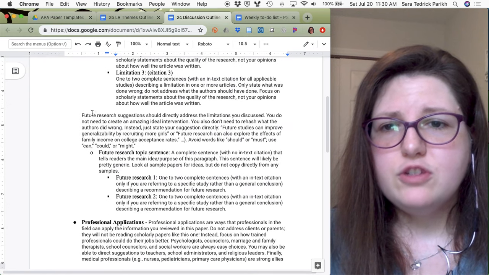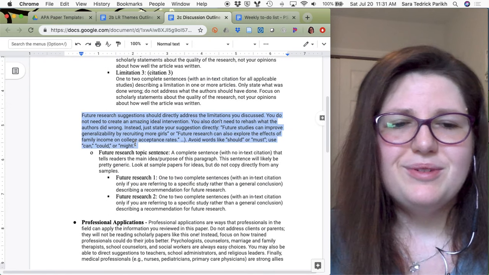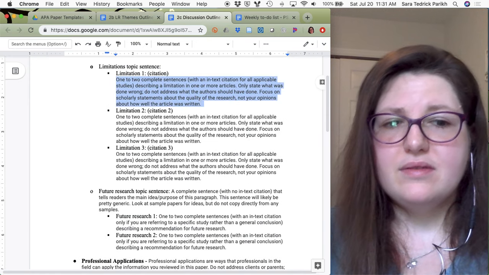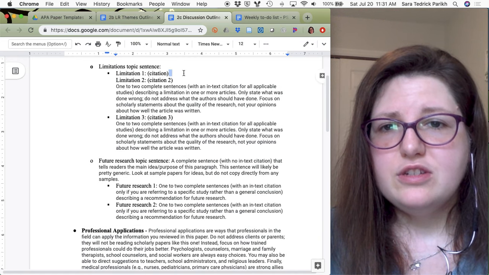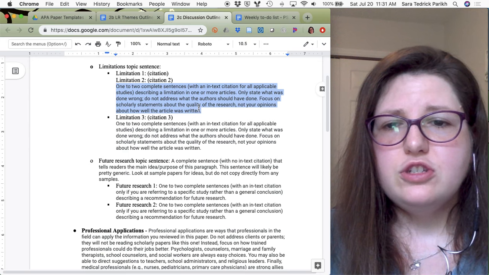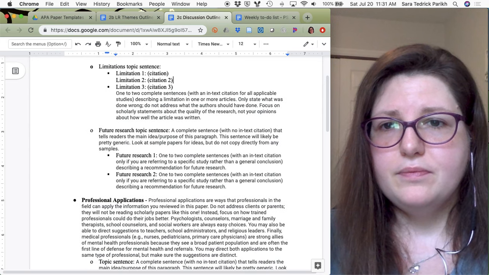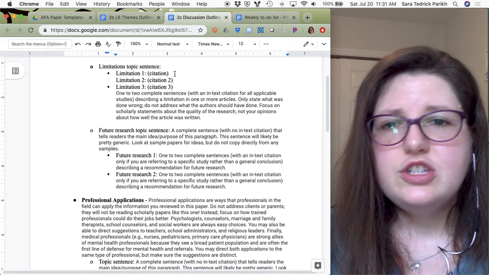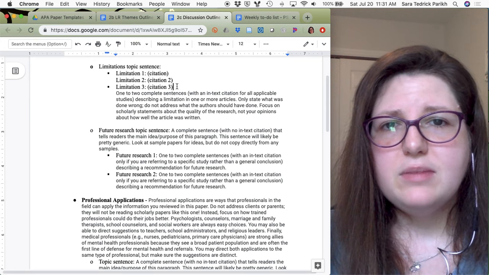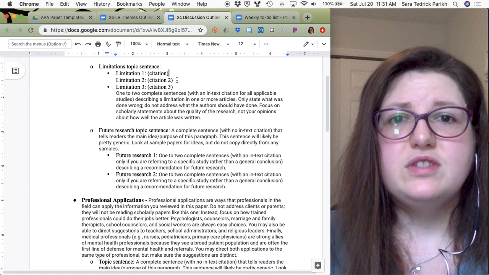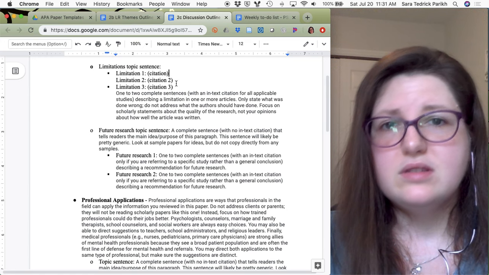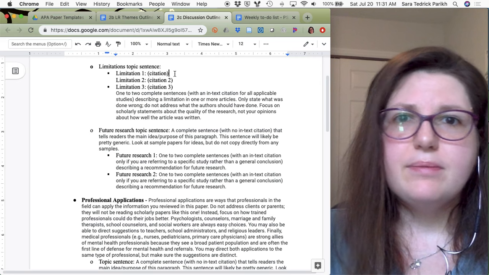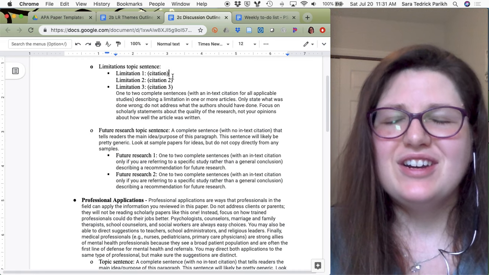So limitations and future research should, there I'm using the word should, I want them to be connected. So you have 3 limitations, and then I only make you do 2 future research. So that's down enough that we can see everything at once. You'll choose 3 different limitations, and I do want to see 3 different articles being cited here. So you're going to pick at least 2. You could do all 3. It's fine. More is always okay. Less, that's going to hurt a little.